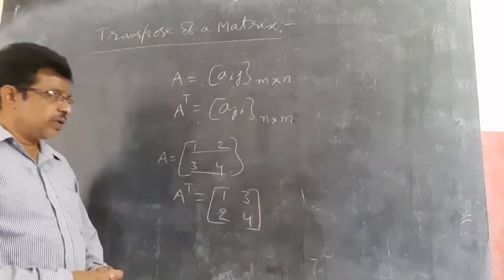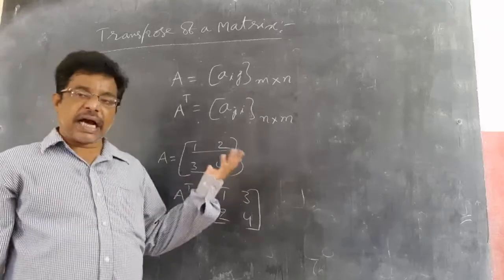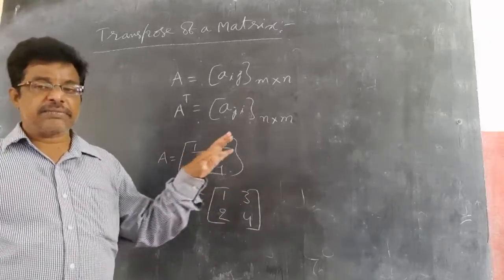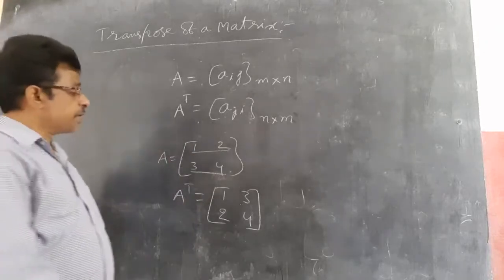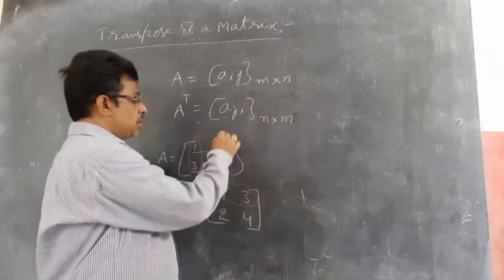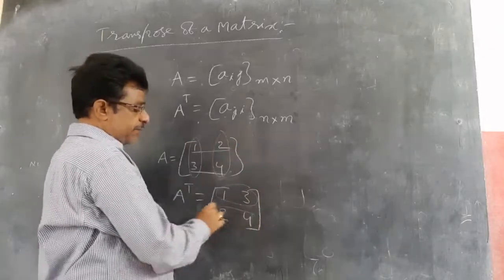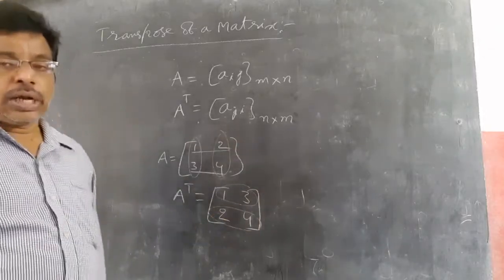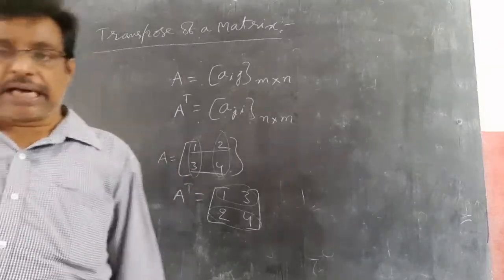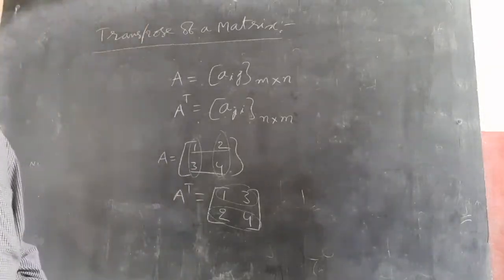That's why you can change either row arrangement or column arrangement, as I told. So automatically rows become columns, columns become rows. Previously the column was 1, 3. Now that 1, 3 is becoming a row. 2, 4 is one column, that is becoming the second row. So like that, if you change either rows or columns, automatically the remaining will change.